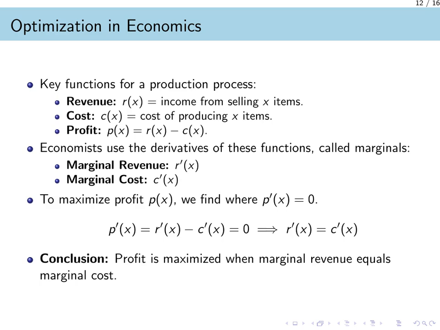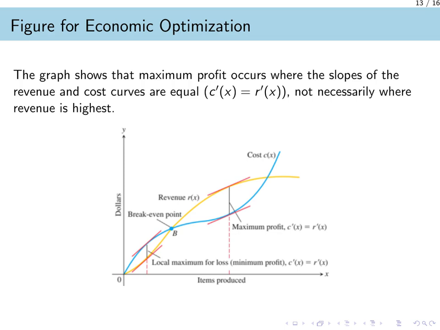be equal. For example, you should continue making a product as long as the extra revenue is greater than the extra cost. The ideal point is where they are the same, so remember that profit is maximized when marginal revenue equals marginal cost. This graph helps us visualize the relationship between revenue, cost, and profit to find the ideal production